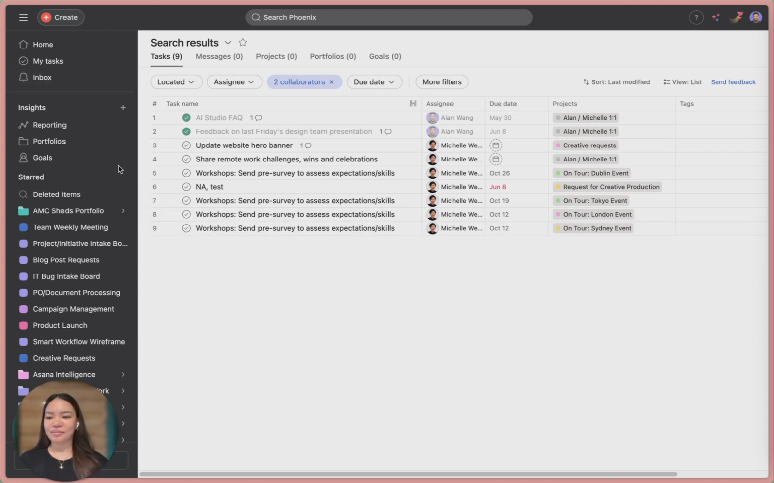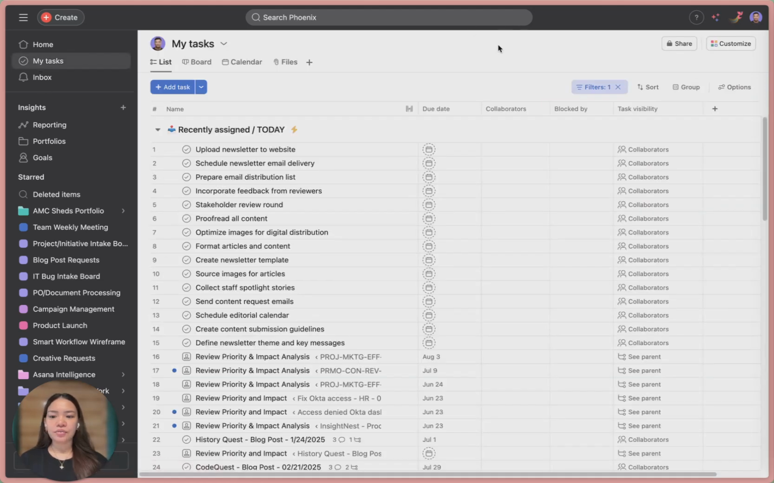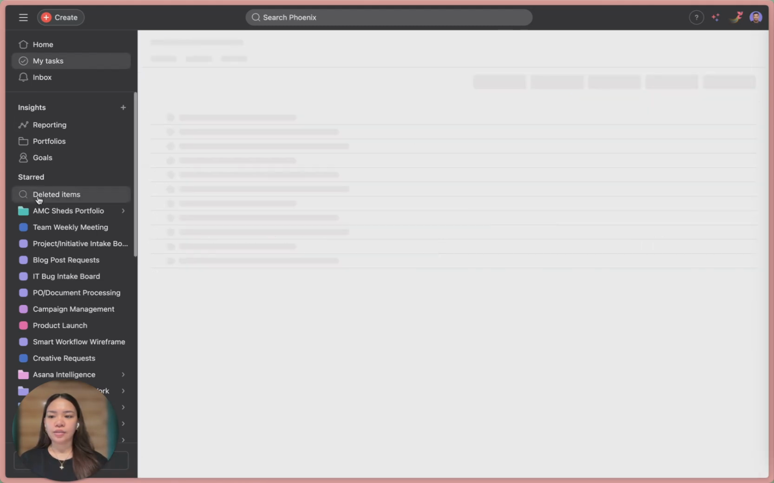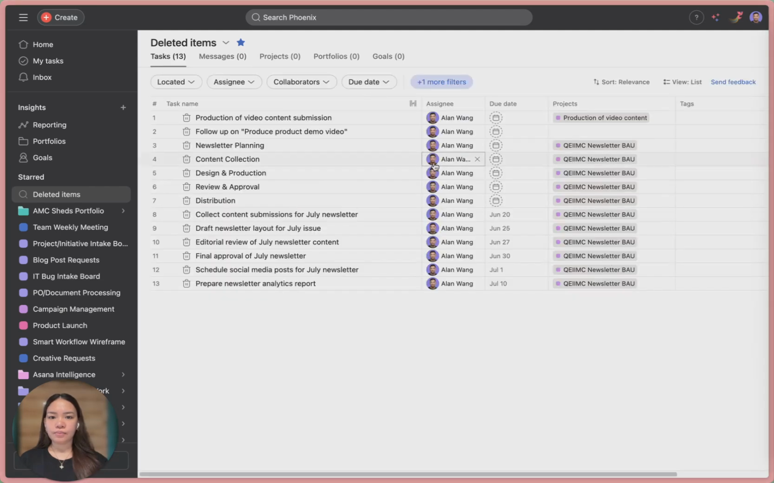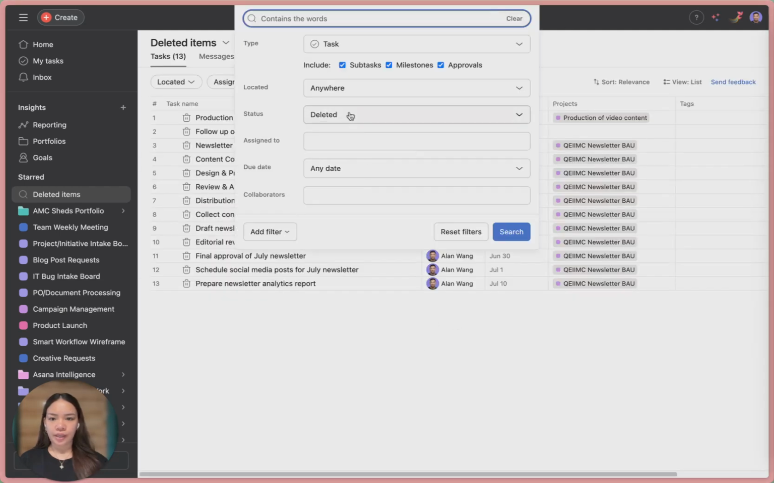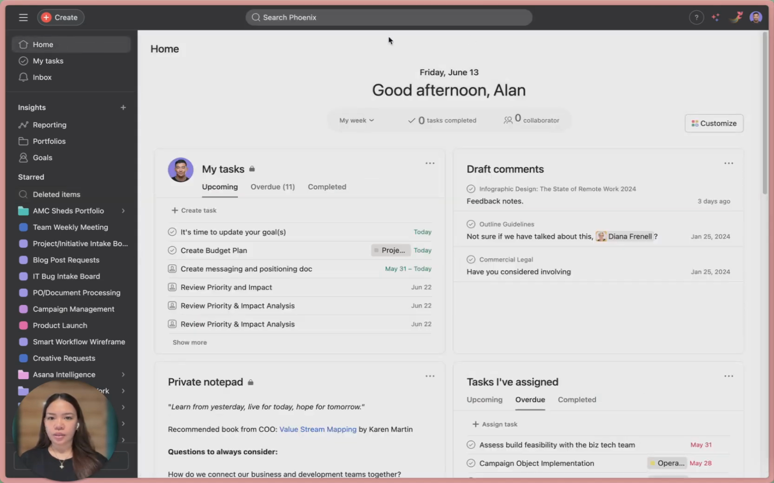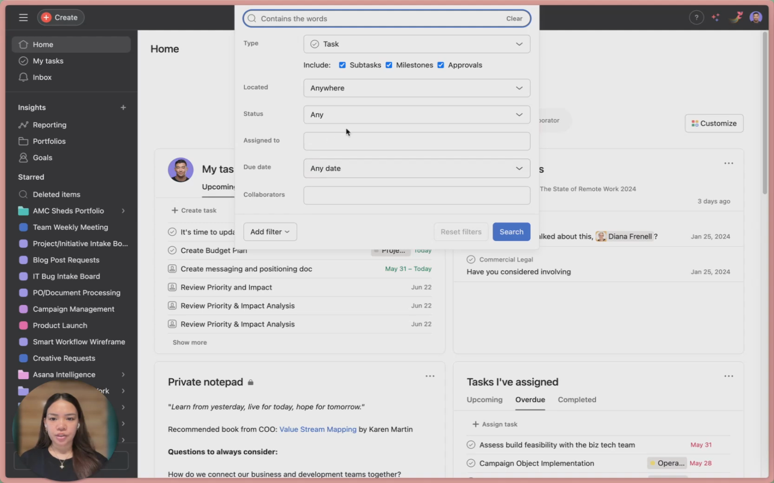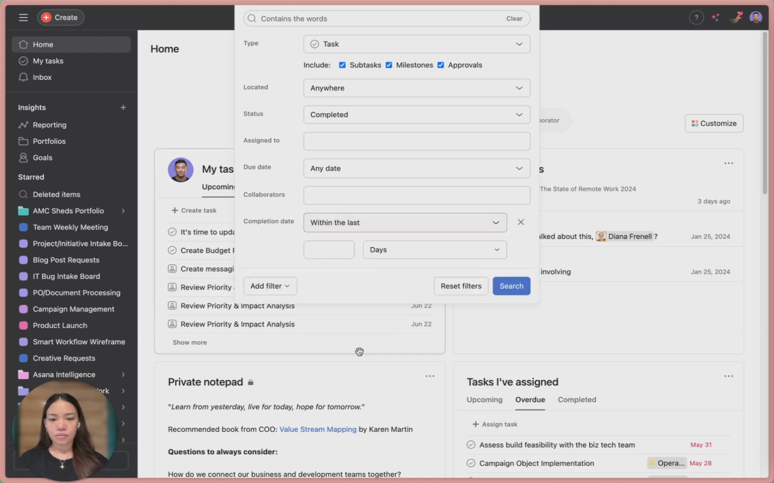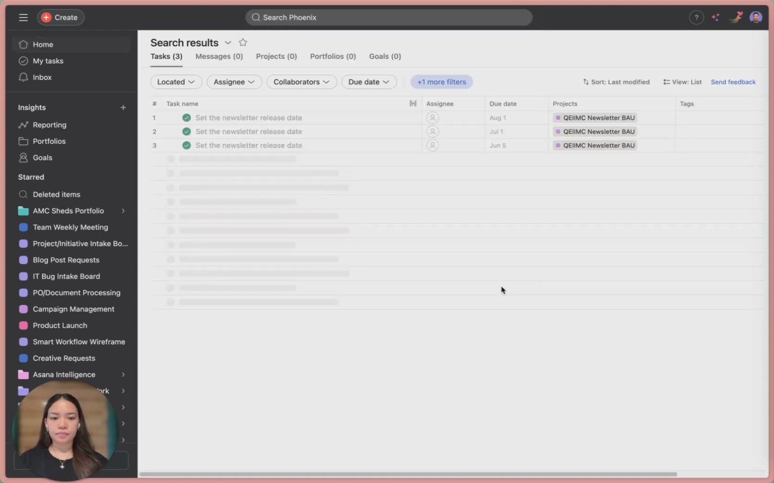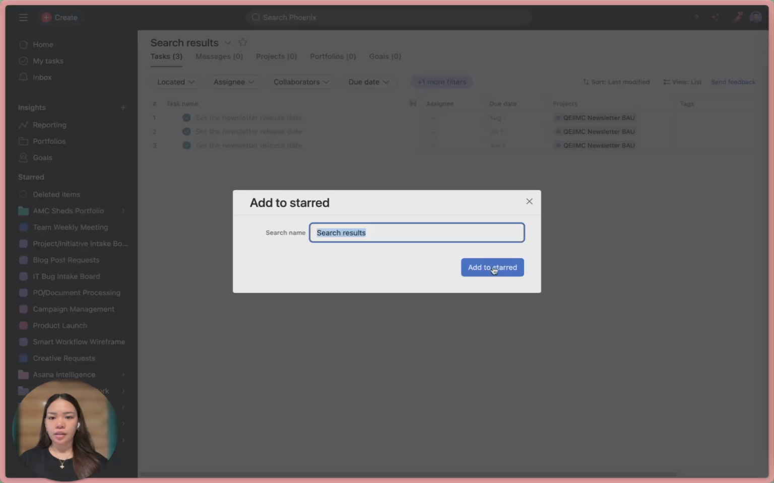Now, what if you use some of the same search filters often? Okay, let's make it easier. You can save any search for easy access later, just like this one. Let me show you how to create it. Meaning I can just go back to the home page and try this one: completed, and completion date is within the last 4 weeks. And for you to do it, you can just click on the star icon,